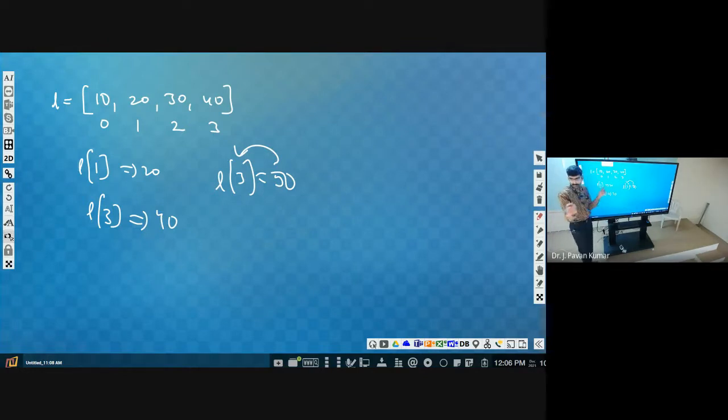I think this is clear to everyone. Now, let us consider instead of these indexes. Index starts from 0, and every time the index is an integer only. Index starts from 0 up to n minus 1. If we have n elements, all these things are fixed. That is fixed.